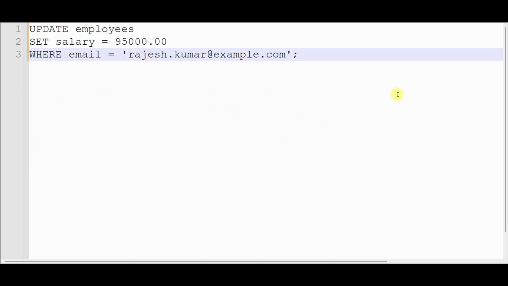Let us see how we can update a single record. For example, if you want to update the employees table, whose email is rajesh.kumar@example.com, and we want to update his salary to 95,000, then this is the command. We're going to update employees, setting the salary as 95,000, where email is